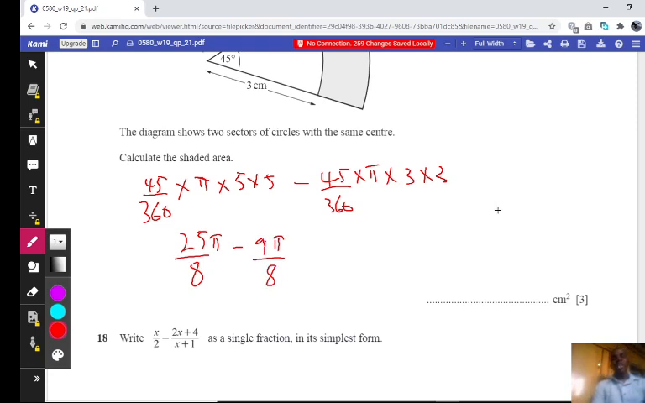25 pi over 8 minus 9 pi over 8, what do you get? 25 minus 9, you get 16. So 16 pi over 8, which is 2 pi. So this will be your answer, 2 pi, or this one is exact. If not exact, you can say 2 times pi, use your calculator. 2 times pi, which is